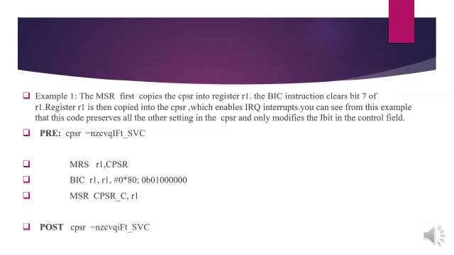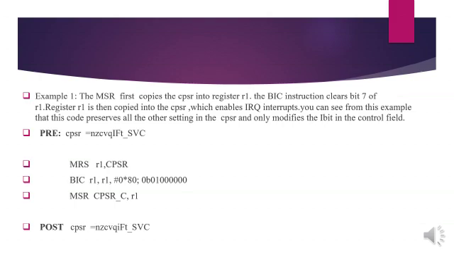Here we are using both instructions MRS and BIC. MRS is the read operation. Here we are copying the CPSR content into R1. So you can see NZCVQIFT_SVC, which means the mode of operation is SVC mode. You can see that the bits are given here. N stands for negative, Z stands for zero, C is carry, V is overflow, Q is saturation, I is lower priority interrupt, F is higher priority interrupt and T is Thumb mode. All are given in small letters except I, which means I is equal to 1. This marks the interrupt as disabled.